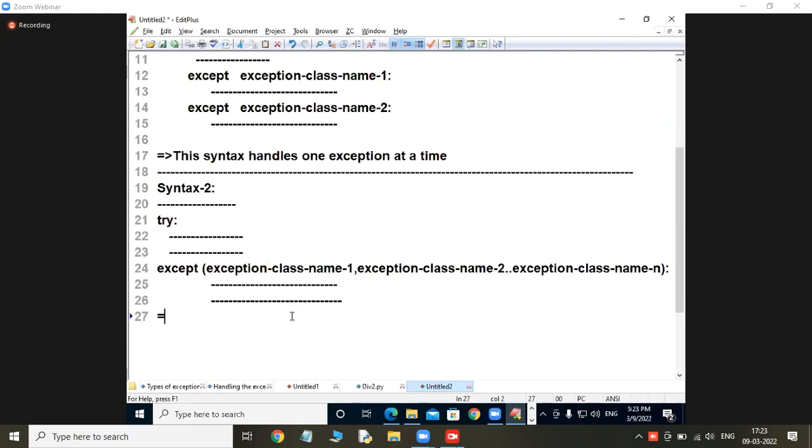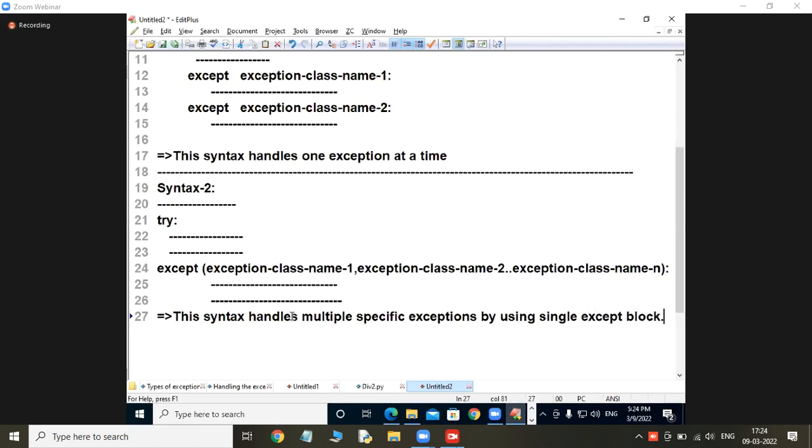This syntax is called what? See students, this syntax handles multiple specific exceptions by using a single except block.